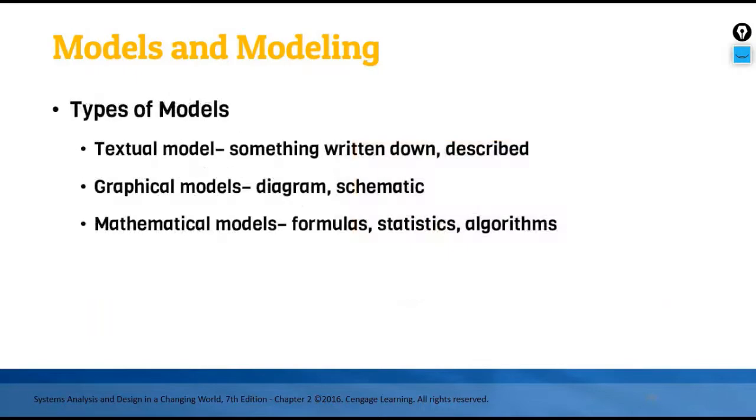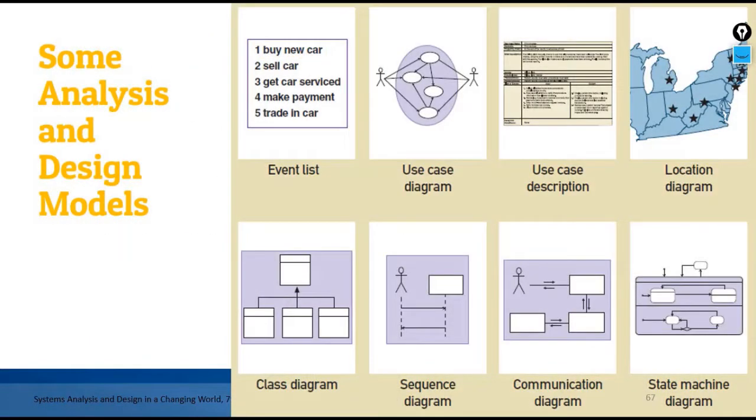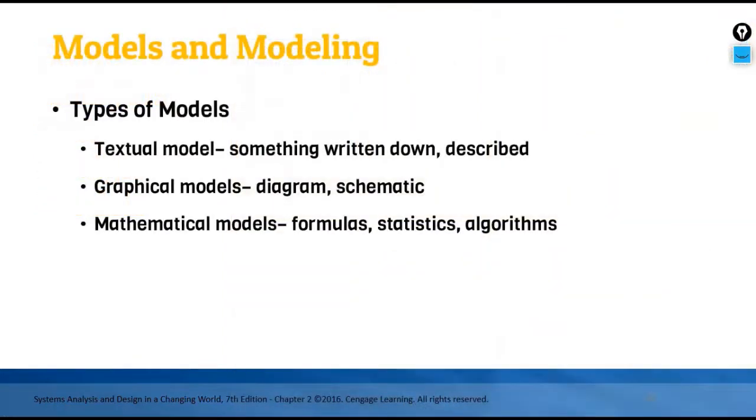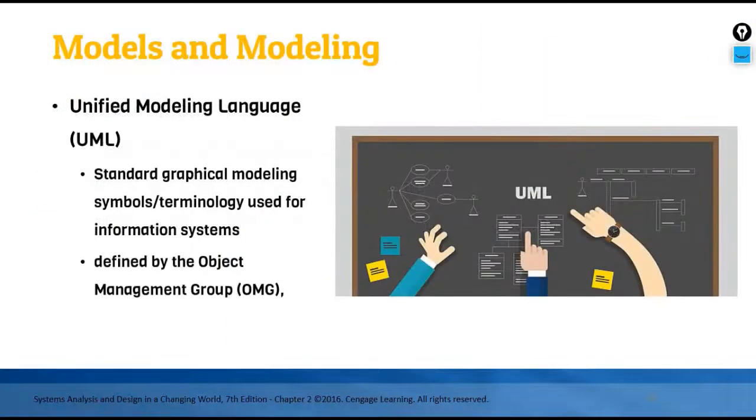In this figure, the use case diagram, class diagram, activity diagram, sequence diagram, communication diagram, and state machine diagram are UML graphical models. UML is a standard set of model constructs and notations defined by the Object Management Group. It is a standards